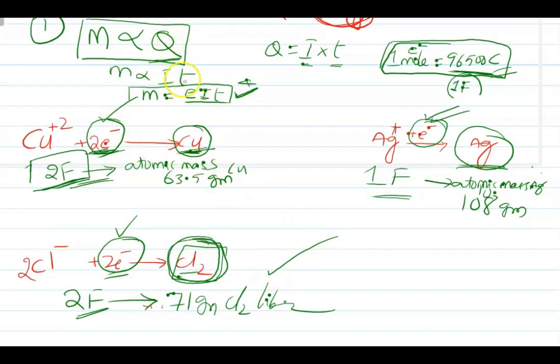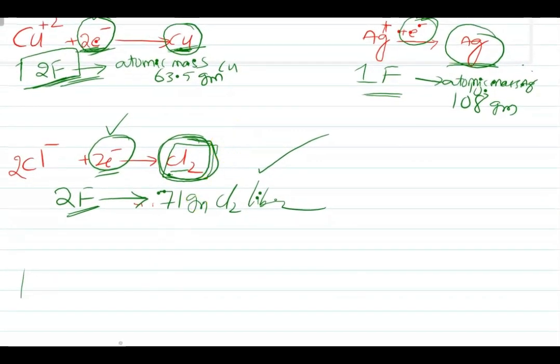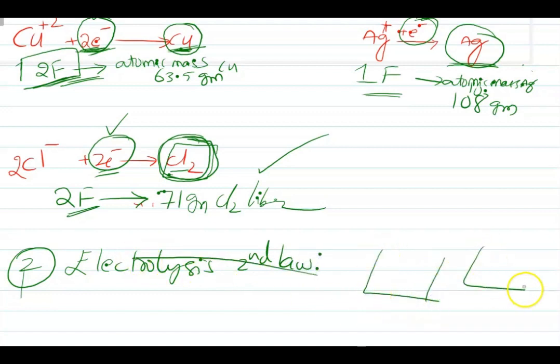So this is called Faraday's first law. Very important, hope you understood. So we'll apply this in the problems. That's the reason why I'm taking it so clearly. So the second one, Faraday's second law of electrolysis. Faraday's second law of electrolysis says that whenever you pass the same amount of current through two